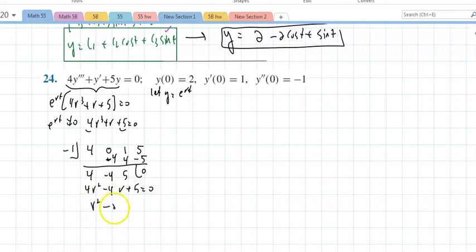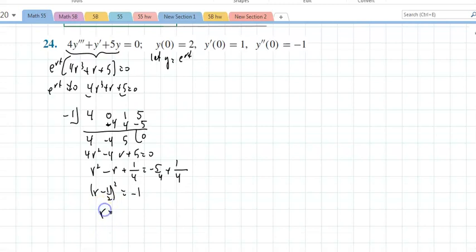R squared minus r plus a number equals negative 5/4 plus a number. Take half of the middle number, which is 1/2, and square it. This becomes (r minus 1/2) squared equals negative 5 over 4 plus 4 over 4, which is negative 1. So what I'm getting is that r equals 1/2 plus or minus i, and the fundamental set would be